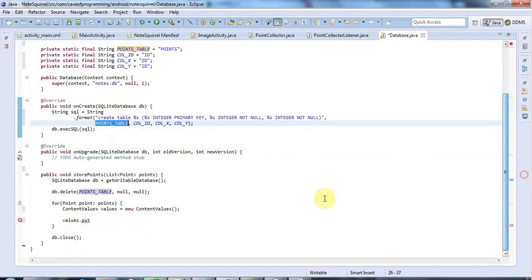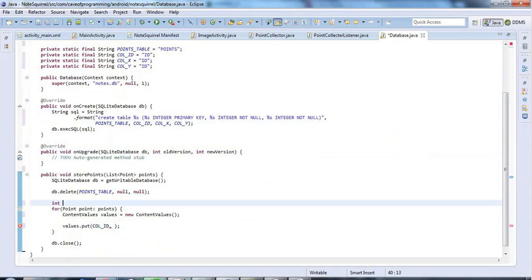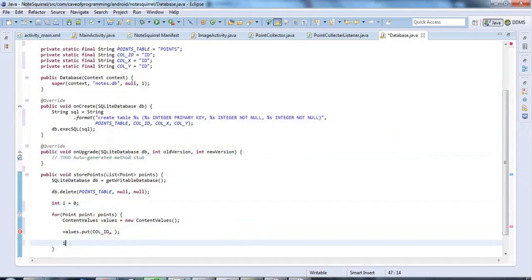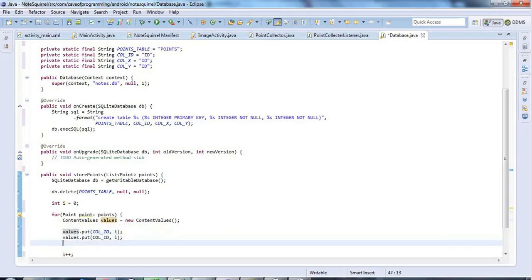And now I can say, okay, values.put, and for the ID, call ID. I'm going to have an integer there, and so that I have an integer, let's just say here int i equals 0, and let's just increment that every time we go through the loop like this, i++. So I'll save this for the ID, and then if I copy this, save a little bit of time,